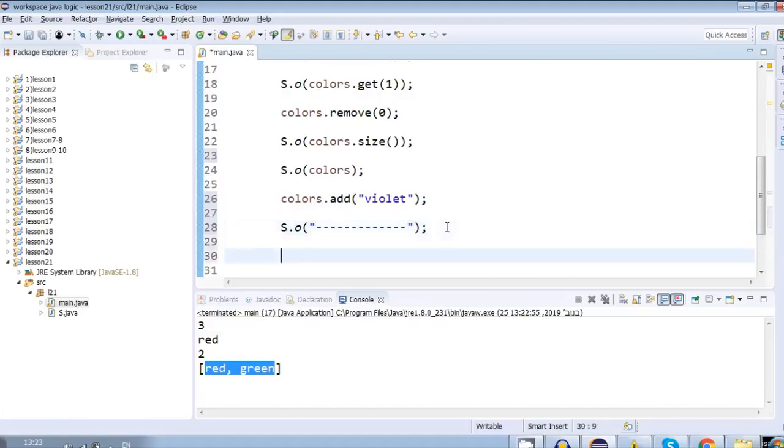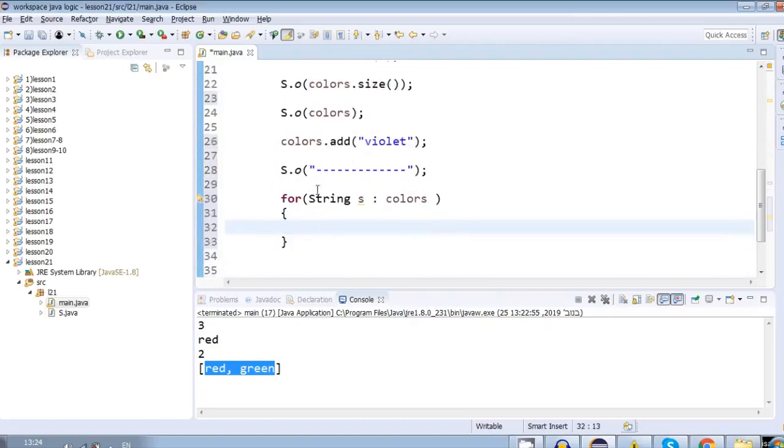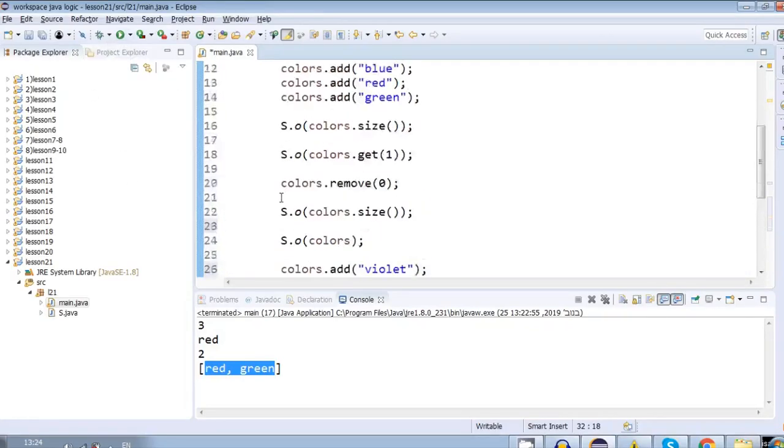And if we want to loop an array list, we will use a for loop. The data type of the array list is a string, so the element representing the current element will also be a string. We'll call it S. And then after the two dots, we will write colors, the name of the array list. And that's it. That's how you loop an array list. Exactly the same way you would loop an array, which is very comfortable. Now let's output S, each element in the array list, and you will see it will be red, green, and